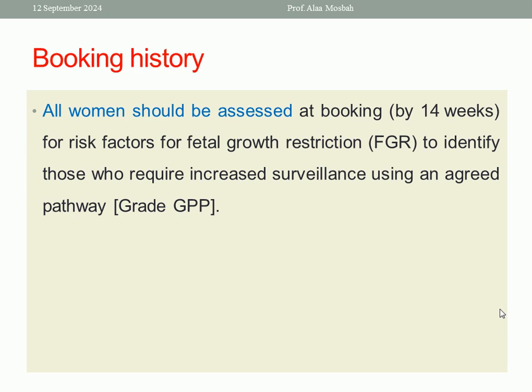A woman with a previous fetal growth restricted baby, a woman with previous preeclampsia, or previous fetal demise, or who has a medical condition that can affect the baby's growth. All those are considered risk factors for fetal growth restriction